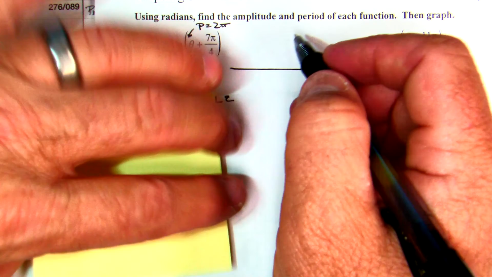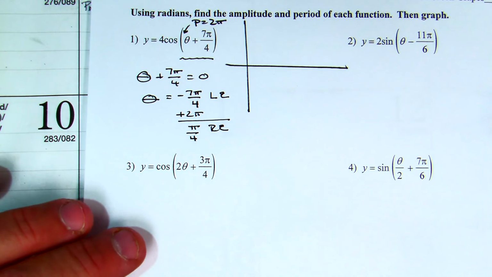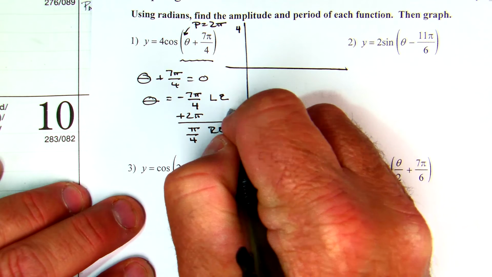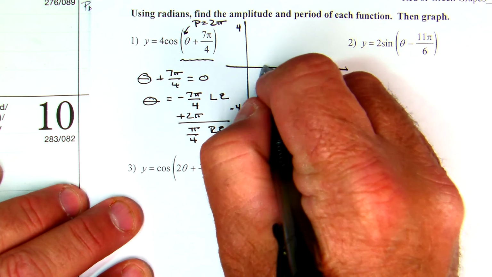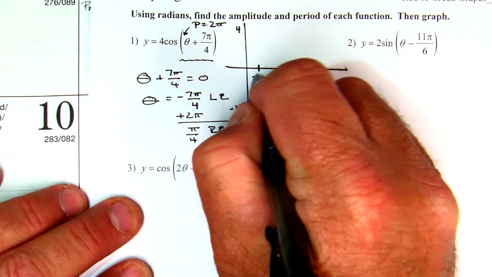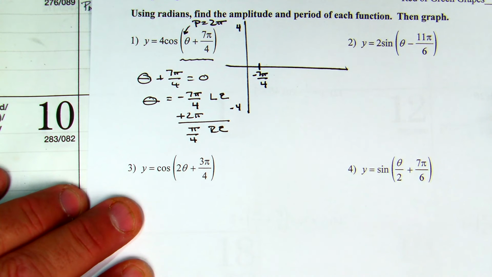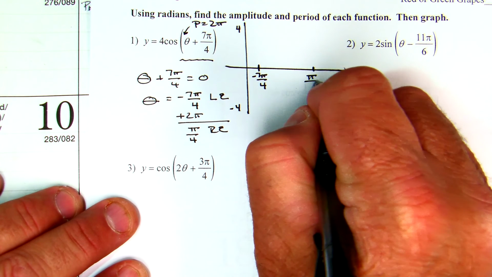So now the amplitude is 4. There's no vertical shifts because there's no number being added outside parentheses. So this is 4, that's negative 4, alright? Again, there's no need to make that at 0 if you don't want to, so there's negative 7 pi over 4 for our first left end point, pi over 4 for our right end point,